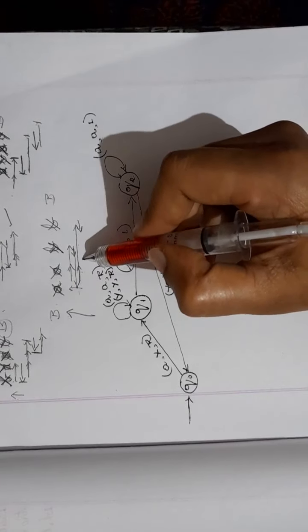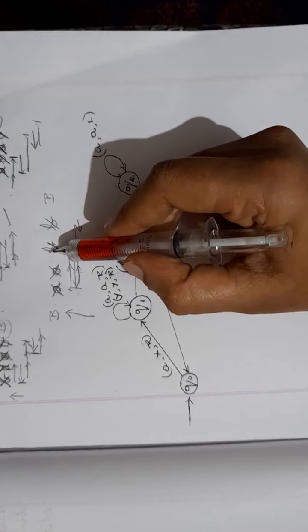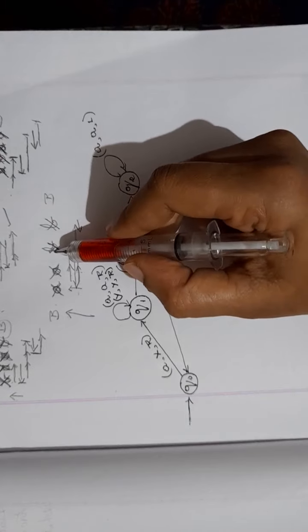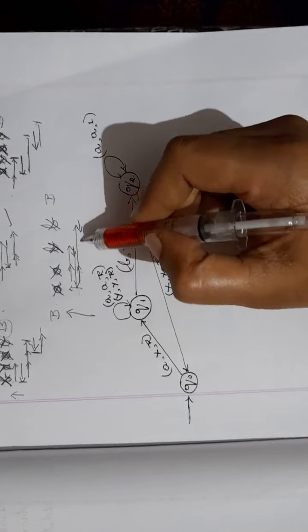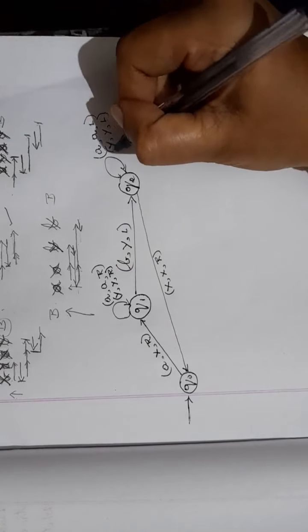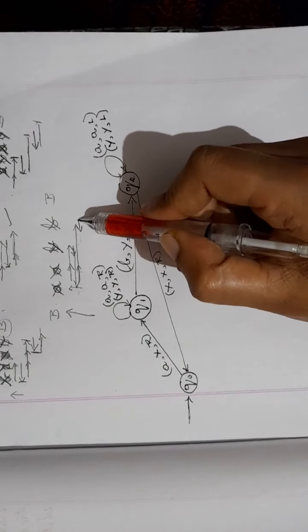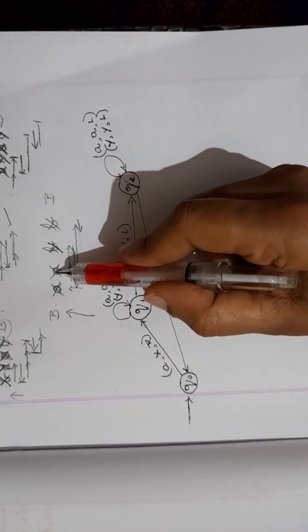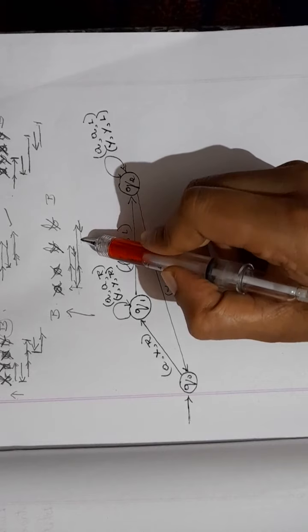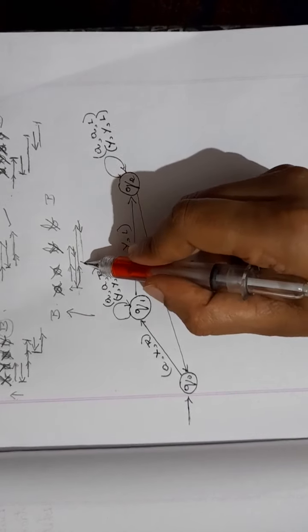So while moving towards left, now you will find Y. Previous B you had already changed. So if you are reading Y, keep it as Y itself and move left. Keep on moving left till you find X. So Y, keep it Y as it is, move left. Now you found X. Stop.